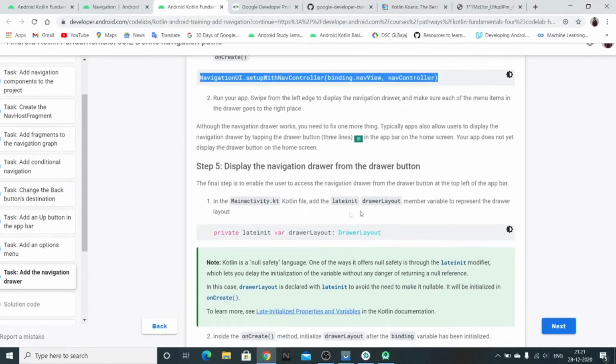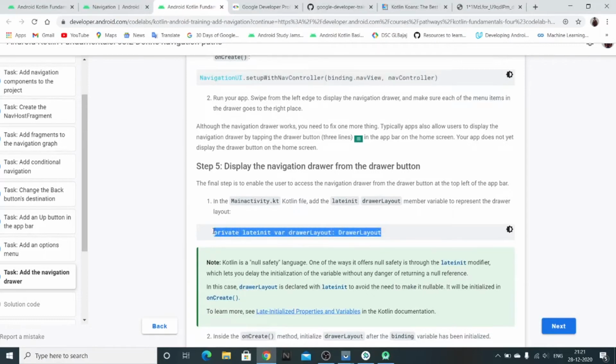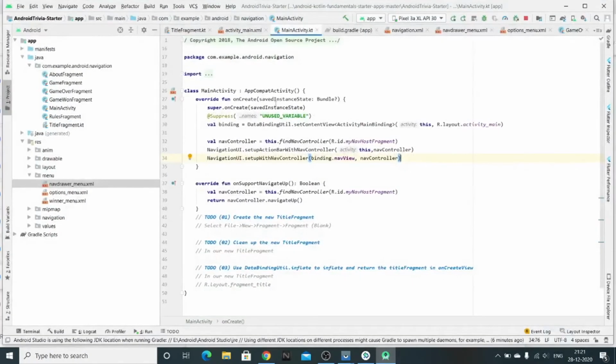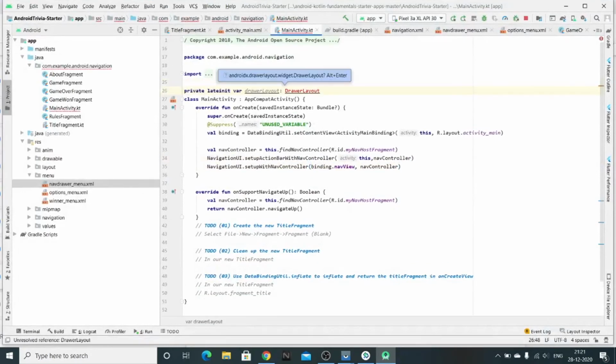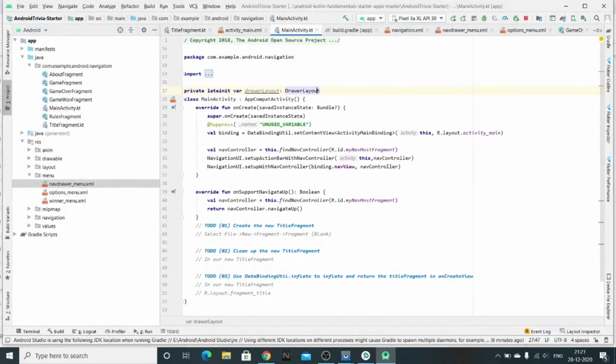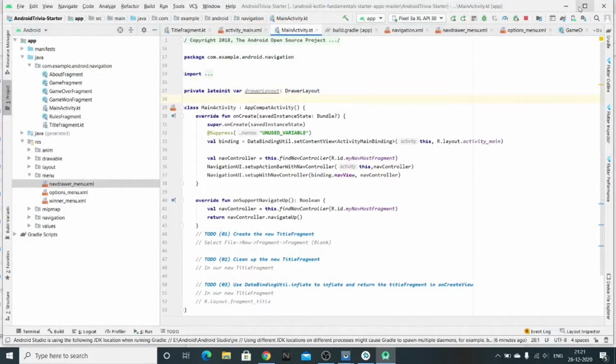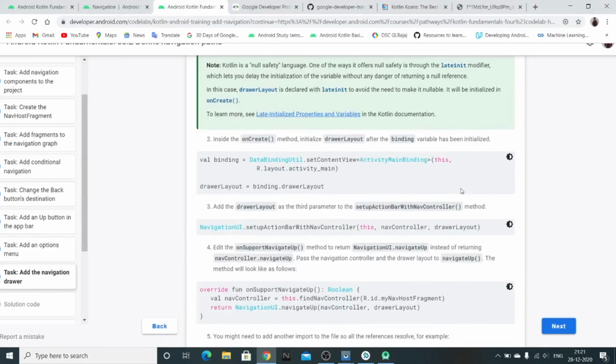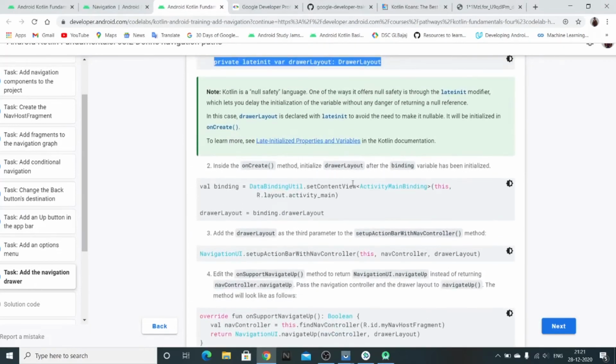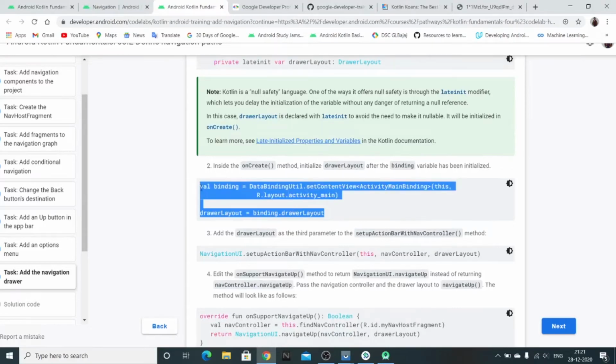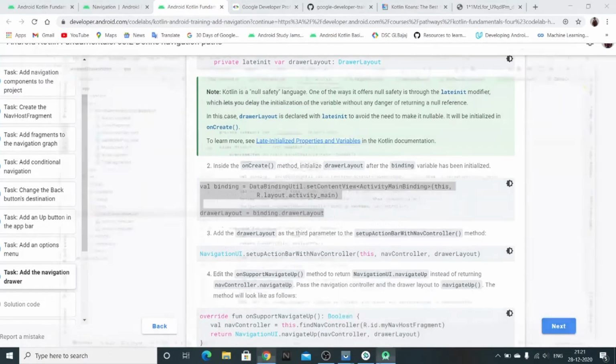Also for the drawer, let's add a variable on top of the class. Just import this drawer layout, and this variable we'll be using later. Let's add some more code in our on create.